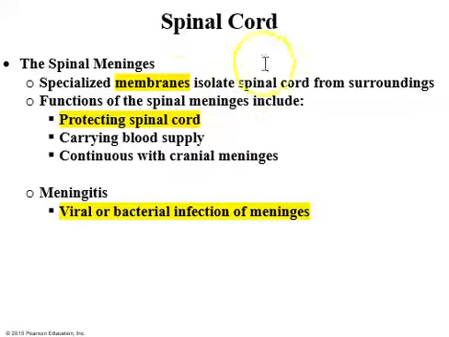So what are the meninges, or the things that make up the meningeal layers? These are just different membranes that separate and hold together and add protection, as well as allow for nutrition to get into all the neurons. That's what we see. So protecting the spinal cord, they're going to carry blood supplies, and they are continuous with the cranial meninges. We saw in our discussion of the brain, the central nervous system, that the central nervous system has something called cerebral spinal fluid. The meninges is the casing in which that cerebral spinal fluid, or CSF, is going to be found